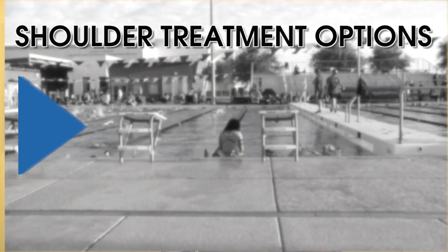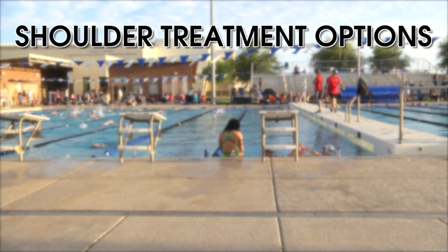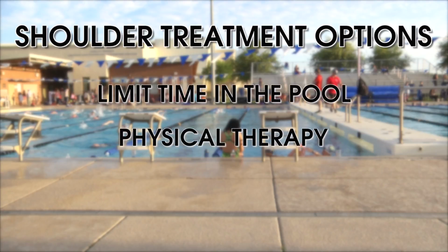which can cause some pain. And then the other thing that can happen is swimmers tend to have a little bit too much mobility or flexibility in their shoulders. And so sometimes those can be a little bit tricky to treat, but fortunately rarely require surgery. Patterson says if the injury doesn't require surgery, some treatment options include limiting your time in the pool, physical therapy,